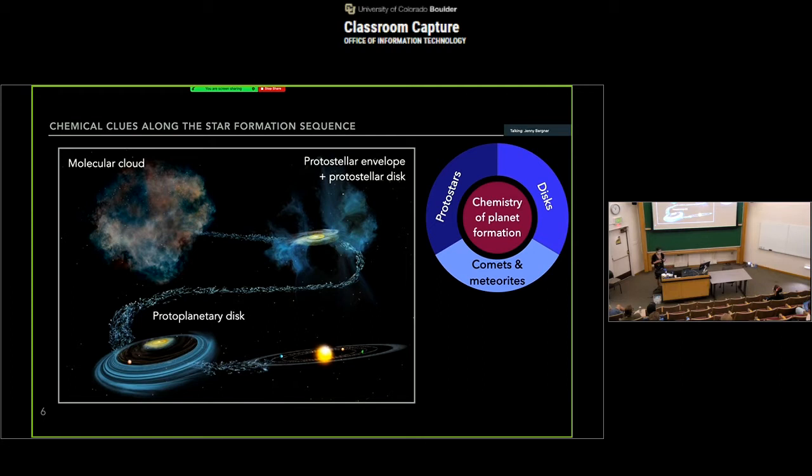Later on, the envelope will disperse, and you're left with just the dense disk of gas and solids in orbit around the star called the protoplanetary disk. This is historically where we think that the planet formation process is most efficient because you have high densities of solids in these flattened structures around the star. Eventually everything that isn't incorporated into your planetesimals or planets is dispersed, and you're left with just your planetary system. So studying the chemistry along all of these different steps is really important for building up our understanding of how molecules are formed and also inherited prior to planet formation.